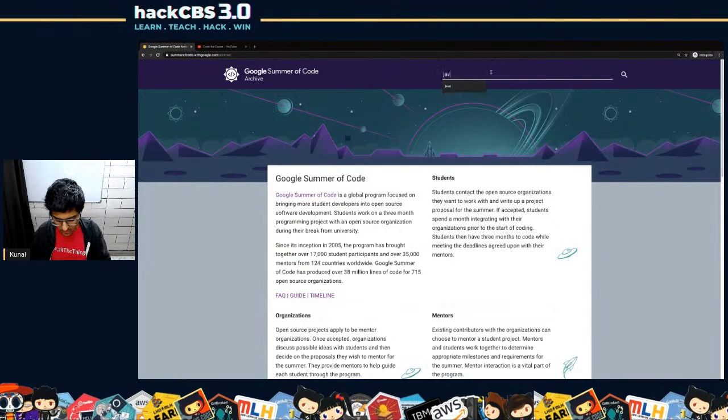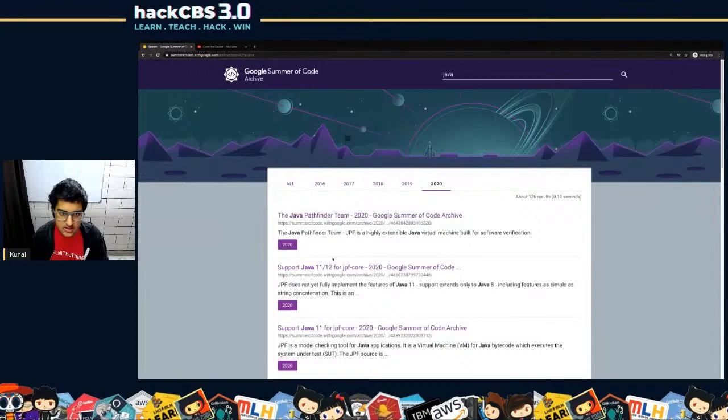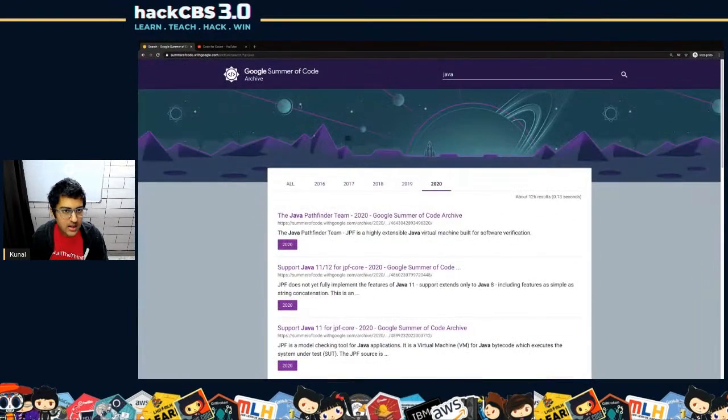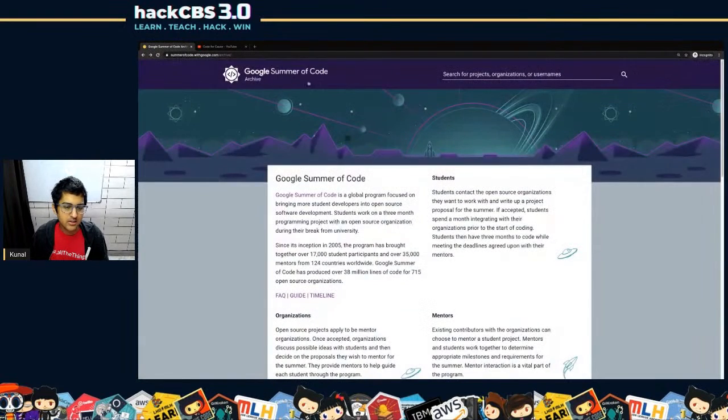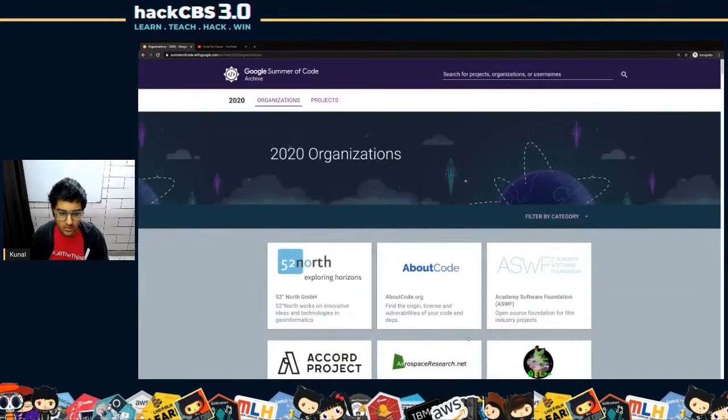You can just type something over here. Let's say I type Java. I'm going to find all the projects related to Java for each and every year. So you have to explore all these projects. Take a week, take 2 weeks. This is much better when you see this page of organizations, because now you can actually see the organizations. And when the site loads, finally around December or January, I'm not sure,